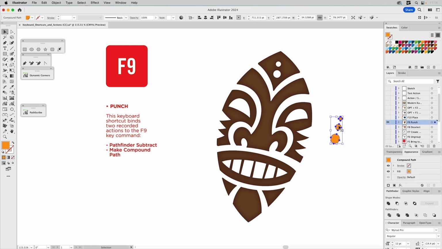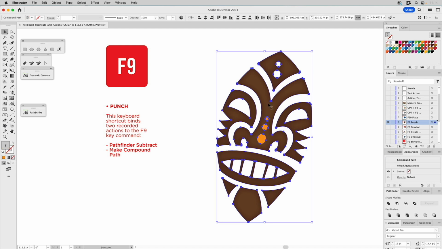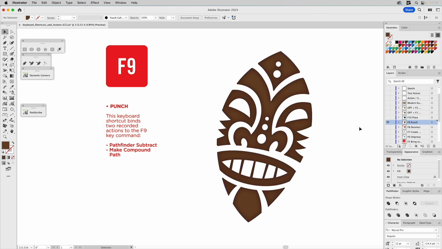So I can take another shape like this, bring it over. Maybe I want to put detail on the nose, select these two. And again, I can just hit F7. And boom, it's still a compound because I built that into my keyboard shortcut. And this, again, is a recorded action. I just recorded an action where I did a Pathfinder minus front or subtract, and then ran a make compound